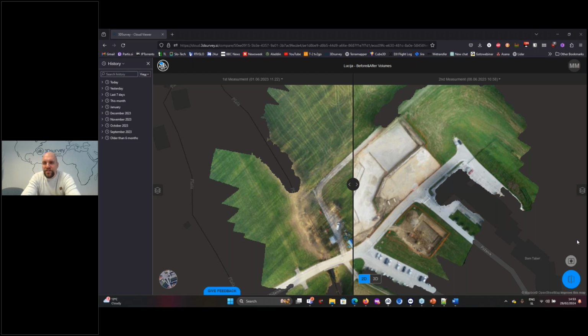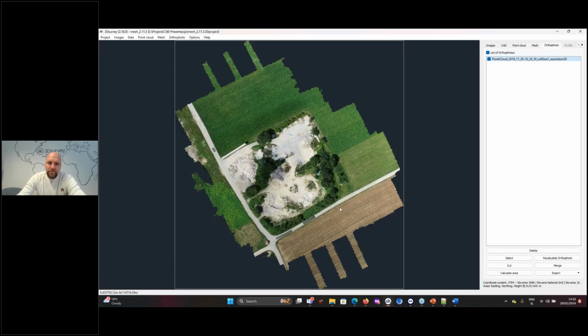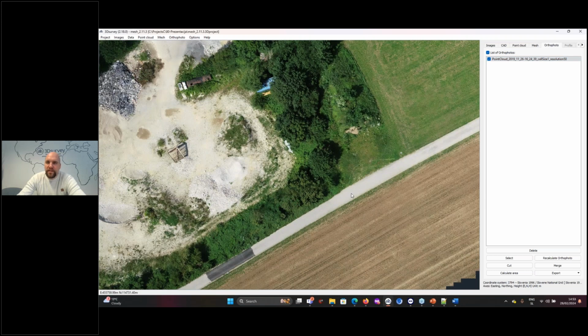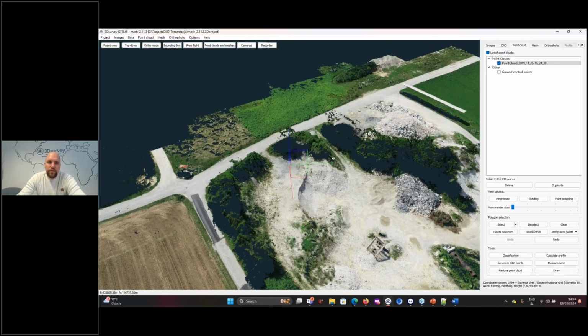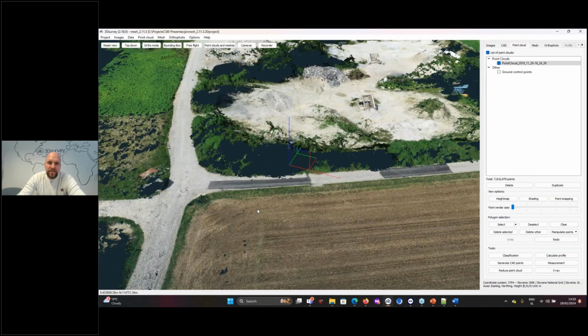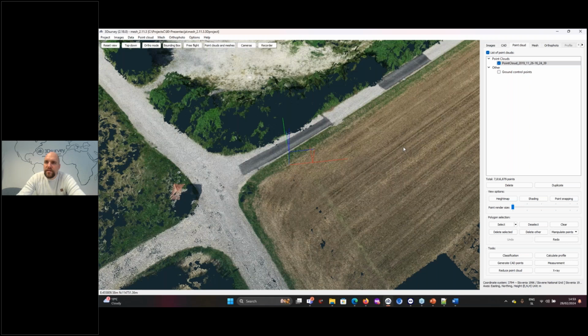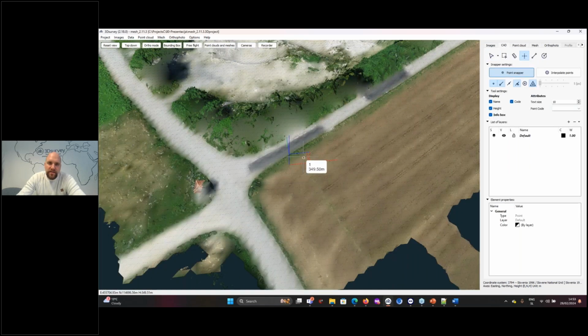Well, under the water it can be difficult, you know, because if it's a ditch and if it's water inside, so probably there will also be a lot of vegetation. So what I would do then, if I had a ditch there, I would want to have at least a few points measured with the GPS. So for example, let's say this is my GPS point. And if there is a water in ditch, this point will come up when we will compare it to point cloud. It will come in like so.